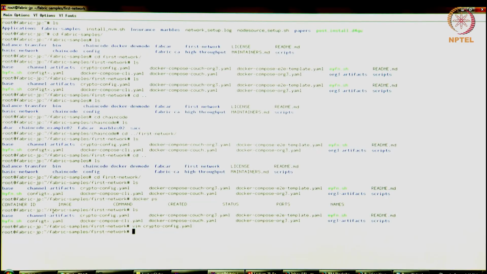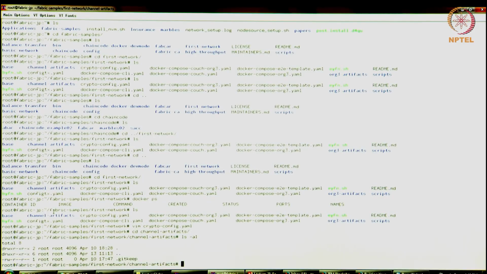So there's this folder called channel artifacts, right? If you look at that, right now it is empty. It just has a .gitkeep file. So there's nothing right now in the channel artifacts. So there's no channel that's been created, nothing in the configuration for that channel.